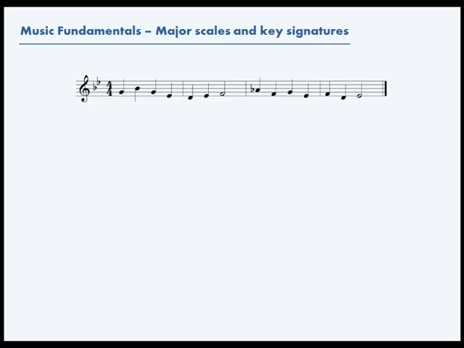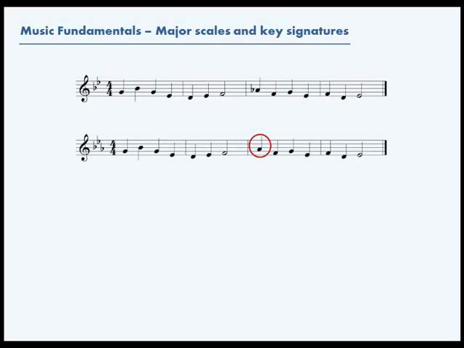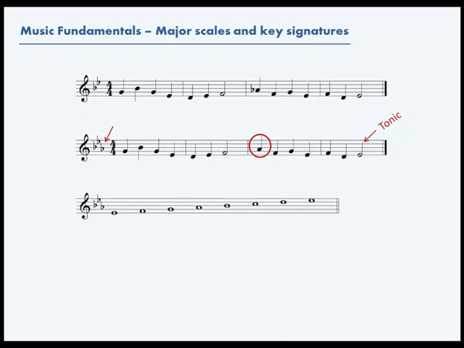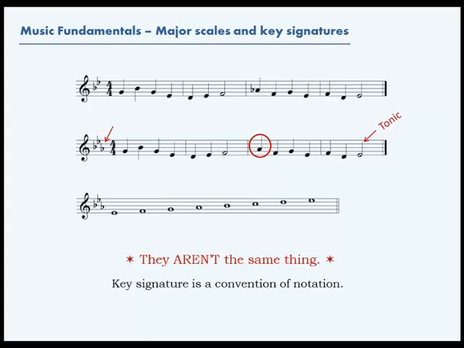But the music includes an A flat, and most important, it sounds like E flat is the tonic. If we look at the notes in the melody and arrange them as a scale, it's clear that the music is in the key of E flat. A key signature is a way of writing music so that accidentals don't have to be written over and over and over again. Usually the key signature matches the key, at least in the beginning of a piece, but even